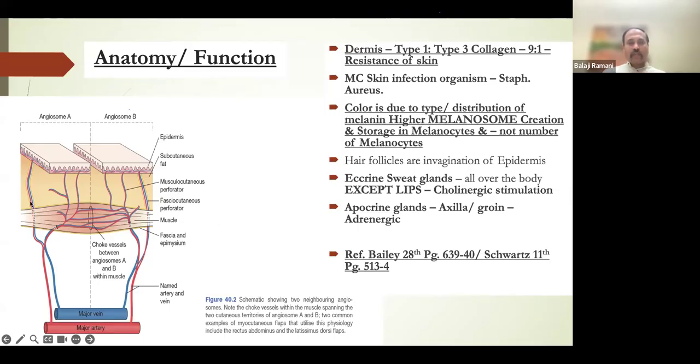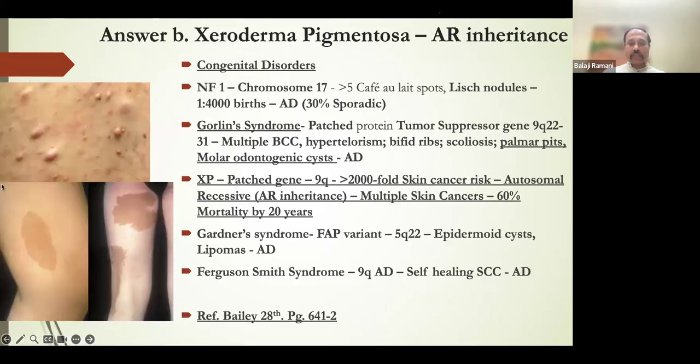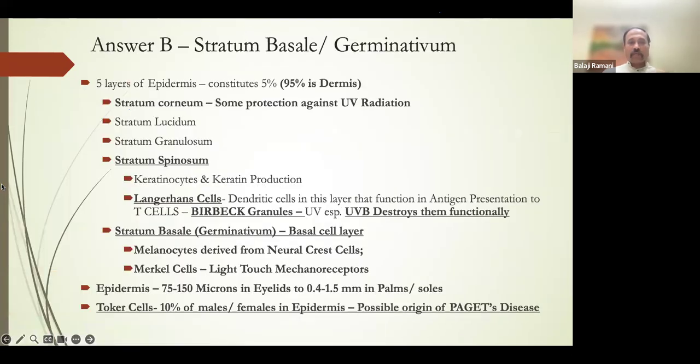So these are some of the various questions that can come. Common questions usually come from the layers: which layer does it commonly come from? Then they have asked the type of collagen that is present, type 1 versus type 3 collagen. And then Langerhans cells have come at times. And with regard to Toker cells, that has come once, I think, in your examinations. So all these are various questions that have come,